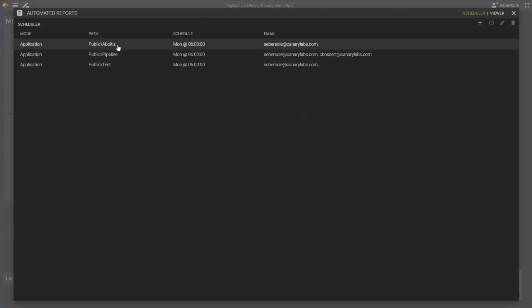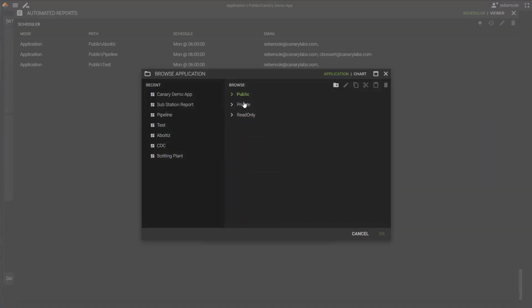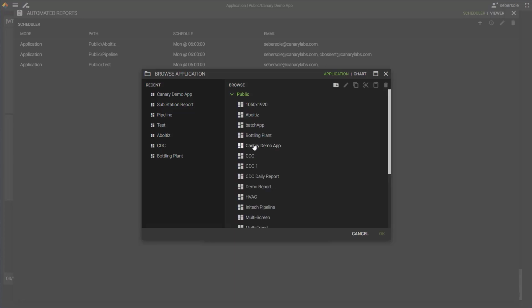It'll show me existing scheduled reports, but I want to create a new one. First thing I've got to do is find where that report resides within my different directories in Axiom. Here's my Canary Demo app. Okay, so keep in mind that wasn't really created to be a weekly report. It was more just kind of like a live report,